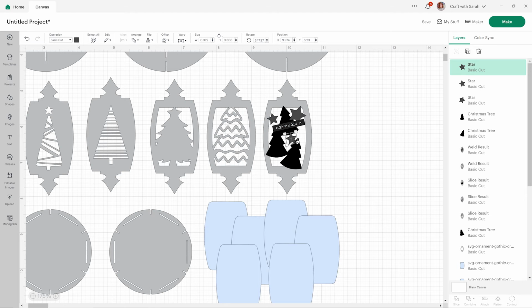If you need to zoom in to make it easier to see what you're doing, make that one bigger. And I don't know if I need that one or not, but there. I don't actually have anything going out around the edge, so that's great.